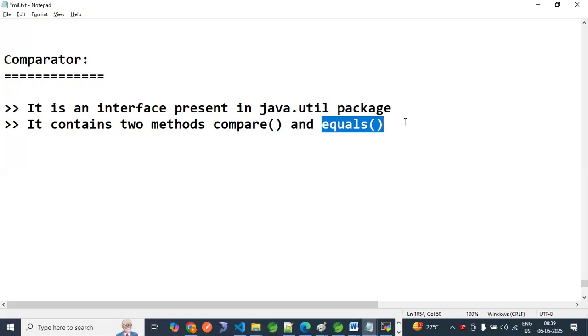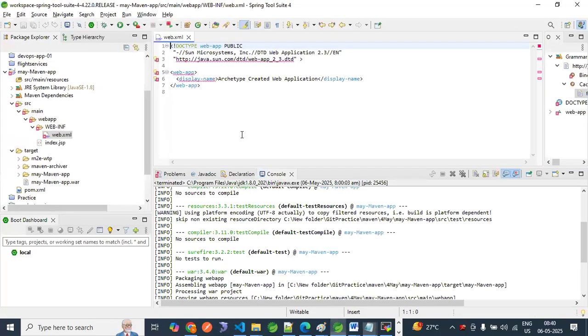When we override the logic of some methods, that is called customization. So this equals method, if you don't override it, that is fine. But the compare method, we need to override according to our logic. In this previous program,